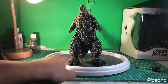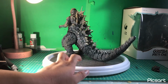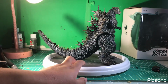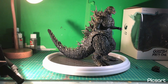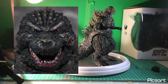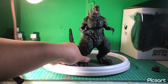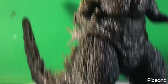All right, now, let's start off with the painting and the sculpting. I think the painting and the sculpting on this figure is, I'll admit, a tad bit of a mixed bag. Now, hear me out when I say this. I think sculpt-wise, it's much better than the Monster Arts. I'll show a picture of the head on screen. It's so much better. The Monster Arts has the back parts of his teeth make it look like he has wisdom teeth that need to be pulled out or something like that, while the rest is just fat globs. While here, we just zoom in,